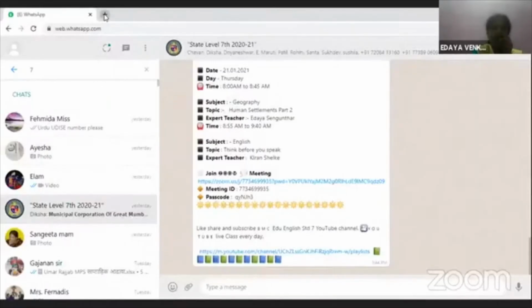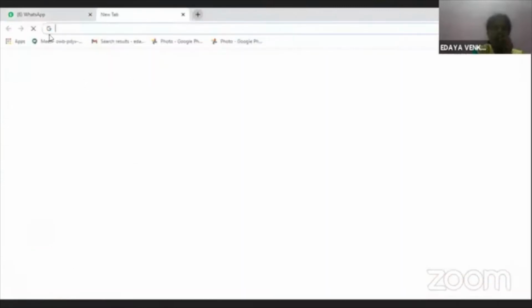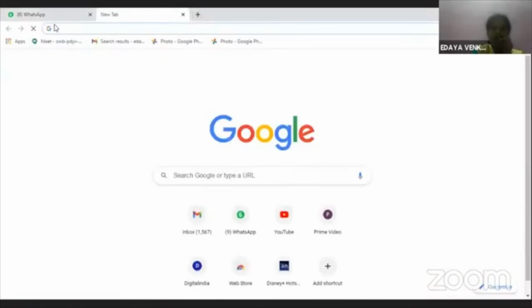See, you all are having Google Chrome, G. Am I right? Yes. Wait, I'll annotate for you so that it is easy for you all. See, you all have a G symbol in your phone. So you have to click on that G symbol, that is the Google symbol on your phone, and then you have to enter